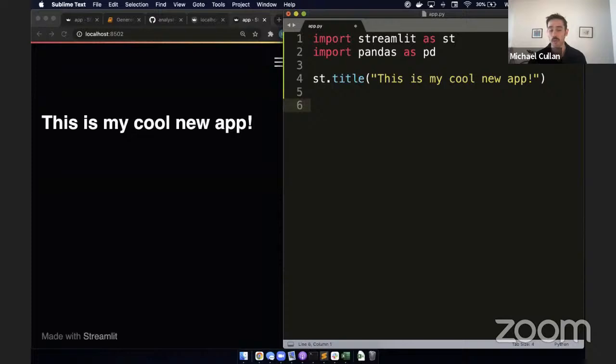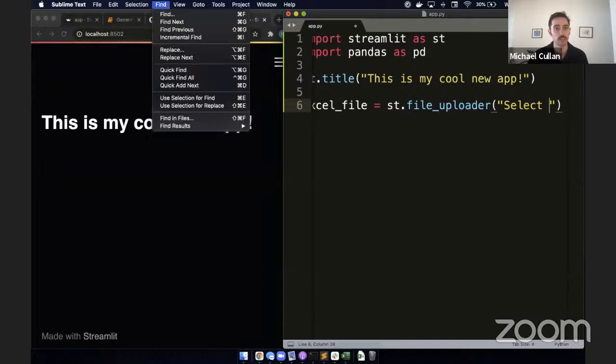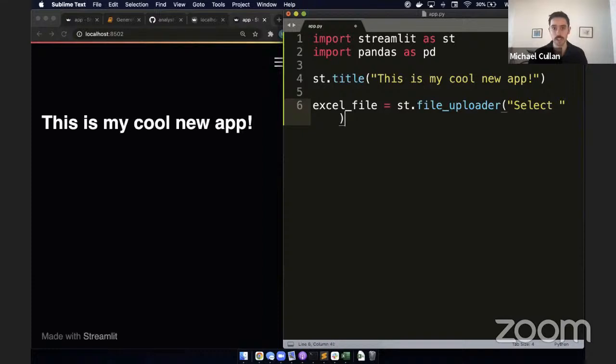And now we want to be able to upload our Excel file. So I'm going to say, OK, Excel file. This is going to be where I put my Excel file. And I'm going to say streamlit.file_uploader. And I'll just say, select your Excel file. I should turn on word wrapping here so that this is a little bit easier with the zoom. Now, if I save this,